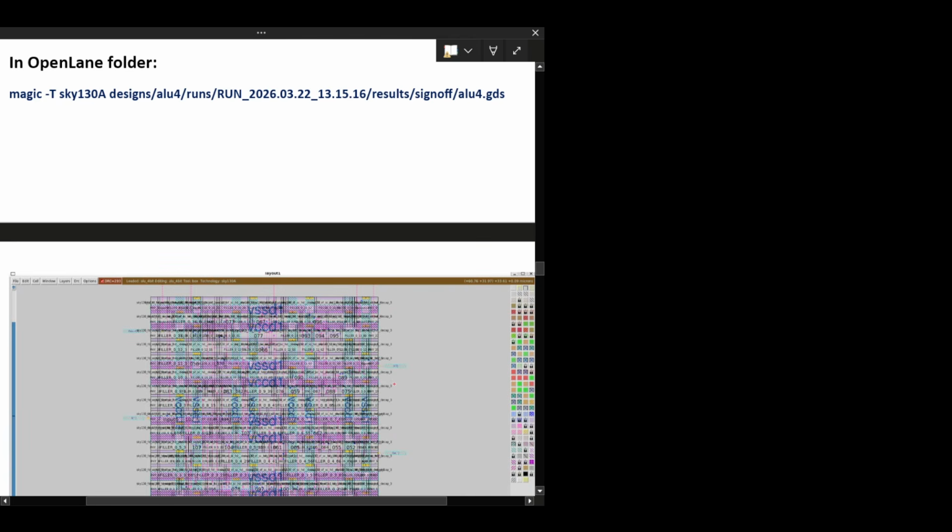In the final layout, I use KLayout for a detailed layer by layer view and 3D visualization. We also performed LVS, layout versus schematic, and DRC, design rule check. This is the final layout in Magic VLSI.